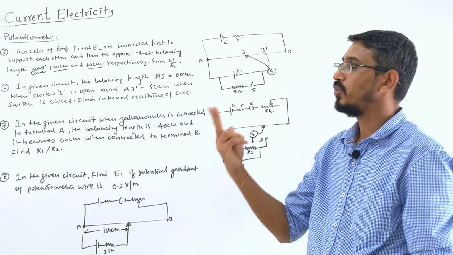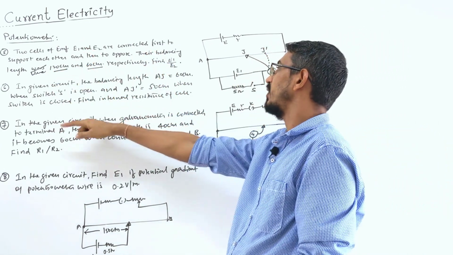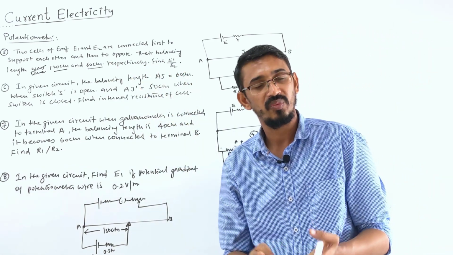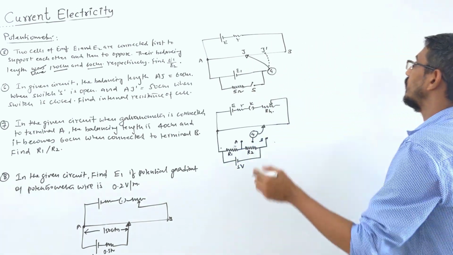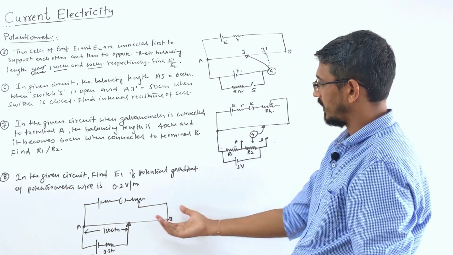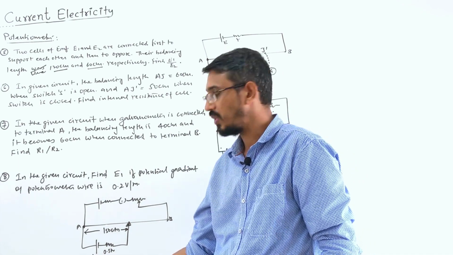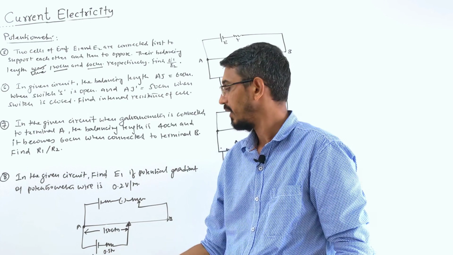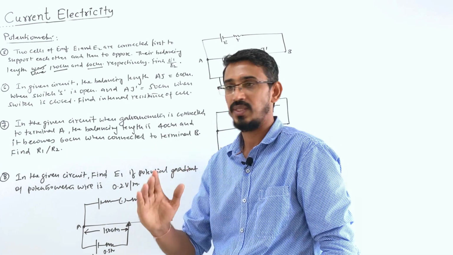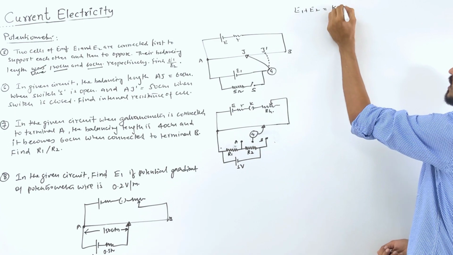Okay, they're saying I have two cells and I'm connecting them together. How connecting? First to support each other, then to oppose each other. Correct. Two cells supporting each other means their potential is added, opposing means their potential is subtracted, right? So first what is happening, a circuit is not given, you can understand any circuit like, okay, this is a potentiometer circuit, and first two cells are connected to support each other, means both cells are connected together, not one by one. E1 and E2 both are connected and supporting each other means potential is added, so it becomes E1 plus E2.